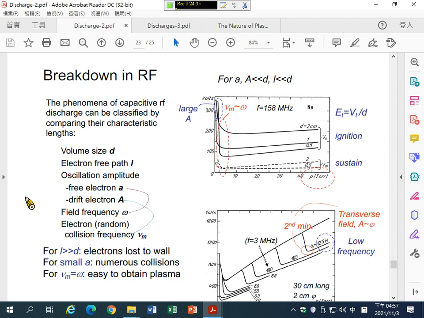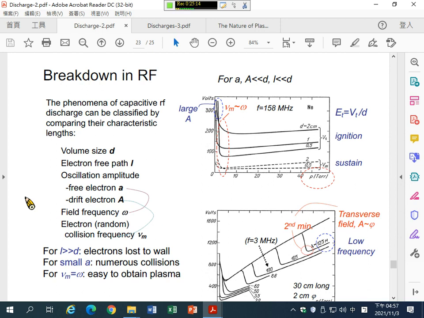So the oscillation amplitude of the drift electron is large, and this electron might collide with the chamber wall and then be lost to the chamber wall. Again in this region, if you adjust the pressure to a certain condition so that these two frequencies, the oscillation of the free electron and the drift electron, are about the same,